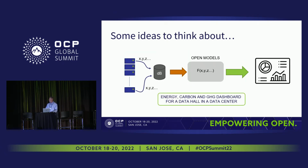So some ideas to think about. This cartoon is, I think, a dashboard that we'd like to enable someone to build, right? A dashboard where you can see your energy and your carbon as a real-time metric, where you could do a 6-month trailing view and report it. You could track it. You could try to optimize it. You could change your operational parameters and policies to try to improve how you're doing with what's available to you